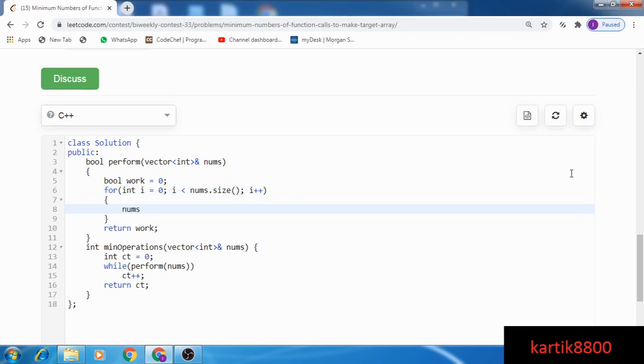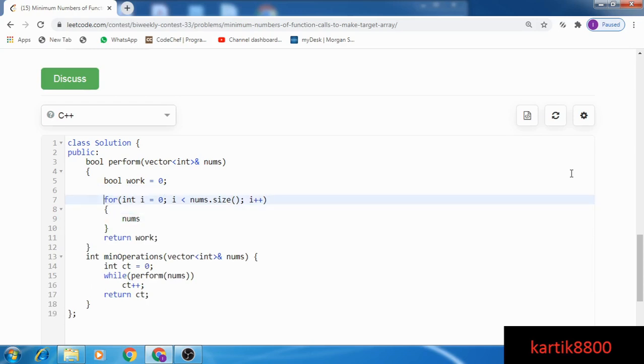If this particular number is not divisible by 2, I need to subtract a 1 from it. Also, let's say bool mul2. Are all these numbers a multiple of 2? Initially I'm assuming they are. So numset I, if numset I is not equals to 0, then no worries, ignore it.